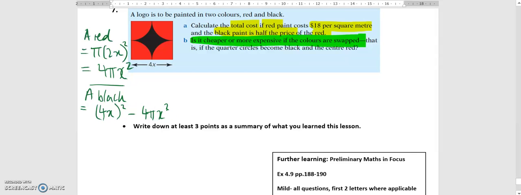Okay, and if I expand that out, that's 16x squared minus 4 pi x squared. Okay, so that's the area of the black. And both of those are units squared because they're area. Nice, okay. So the total area then,